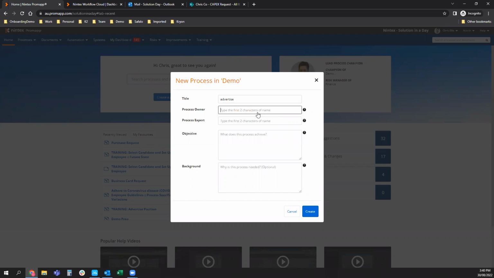As you'll see, when I'm creating a process, I do need an owner and I need an expert. So as we said, the owner being somebody who's responsible for a successful outcome of that process, and the expert may well be somebody who lives and breathes it on a daily basis. What's the objective? Then we'll show you that in a second as to how that rolls up overall and the